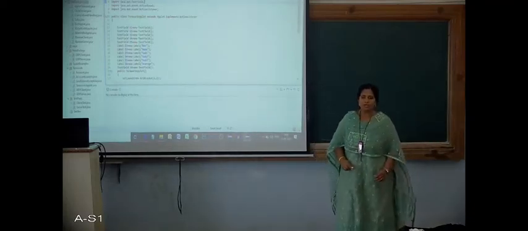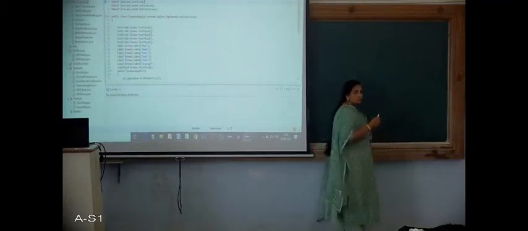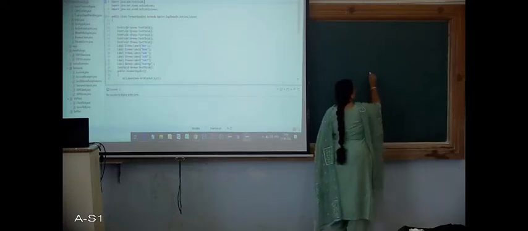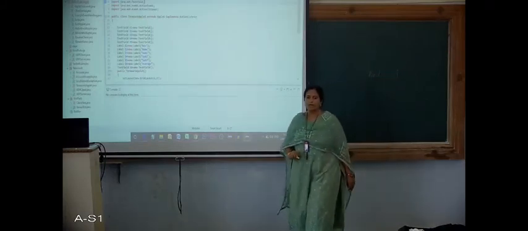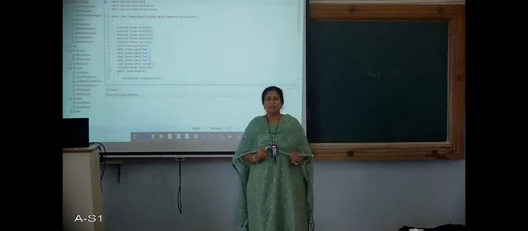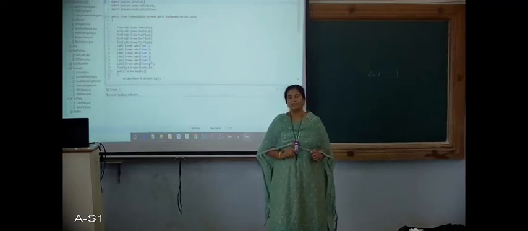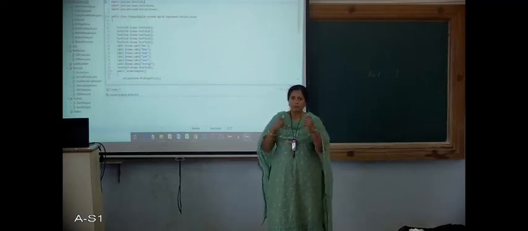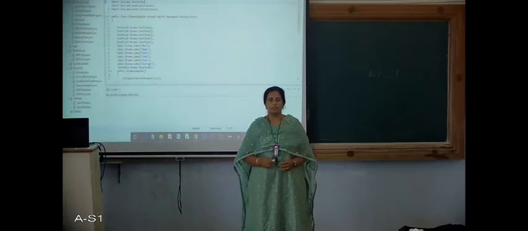So what we are expecting here is we want the applet to accept the student's records. For example, it should give me the text fields wherein I will be able to enter the roll number of the student, name of the student, and marks scored by the students in 3 different subjects. And upon providing all these inputs, it should calculate the average and it should show the result. So that is the expected outcome over here.